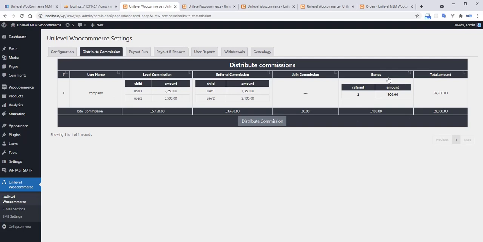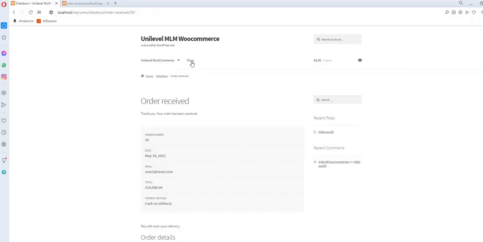The 2 referrals, it means that 100 euro the company will get. So total amount is the 9,300 euro.